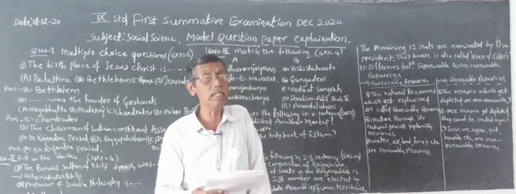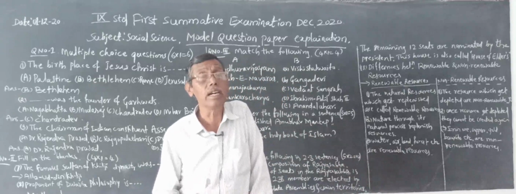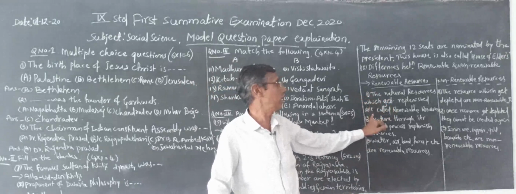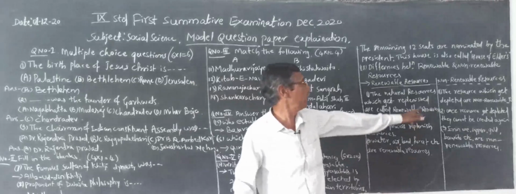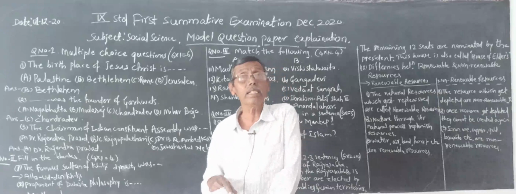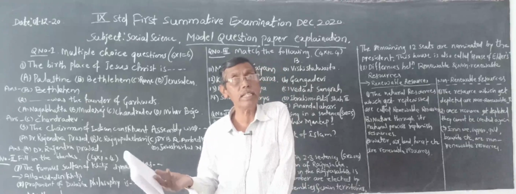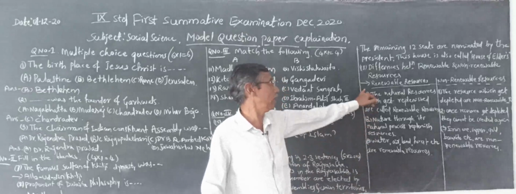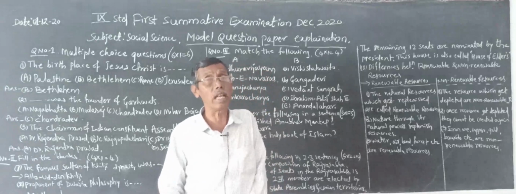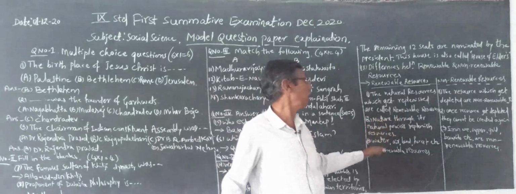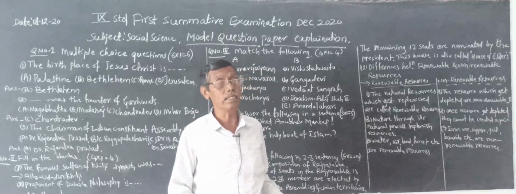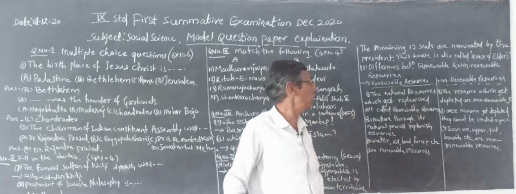Here the renewable resources, the resources which get replenished are called renewable resources. The natural resources which get replenished are called renewable resources. And in the second column, the non-renewable resources, the resources which get depleted or exhausted are called non-renewable resources. And second point, in the renewable resources, nature through its natural process replenishes the resources itself. And in the non-renewable resources, here the resources,